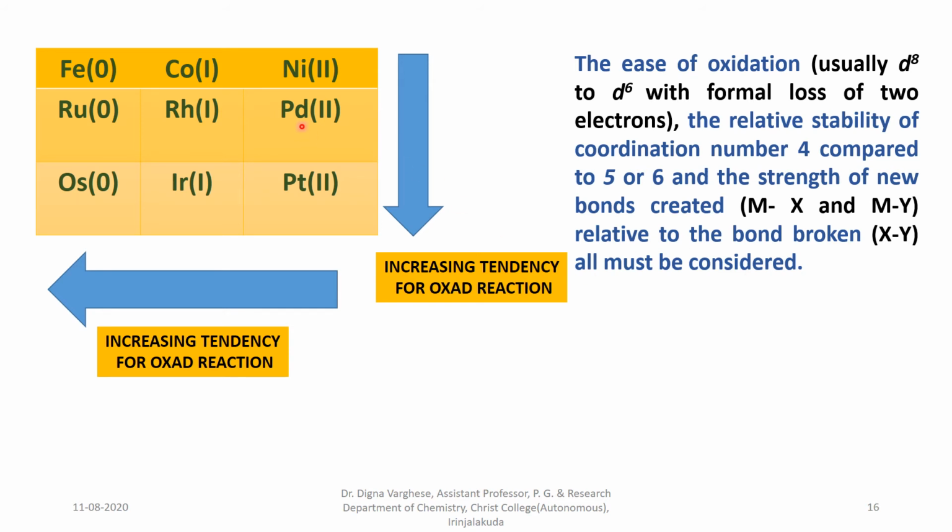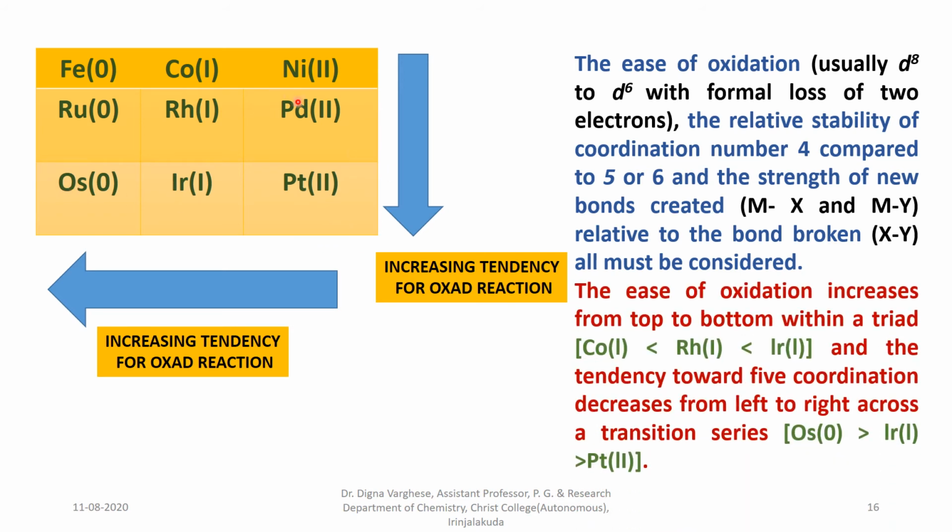Here we can see that from a subgroup, iron group, cobalt group and nickel group with the same oxidation state, the increasing tendency for oxidative addition reaction is with the heavier elements, and in the same period the increasing tendency is in this direction. Therefore, the ease of oxidation increases from top to bottom within a triad, that is cobalt less than rhodium less than iridium. So iridium is the